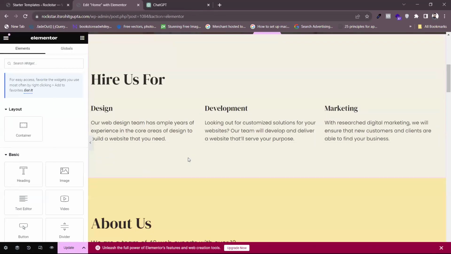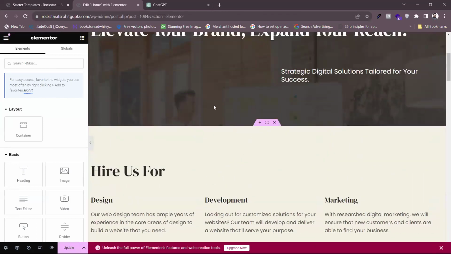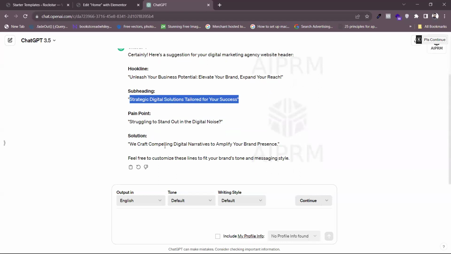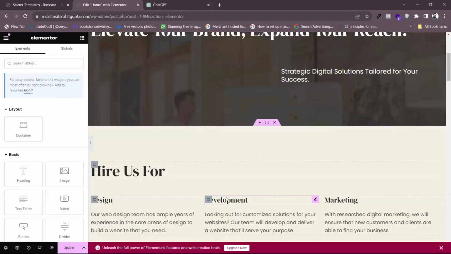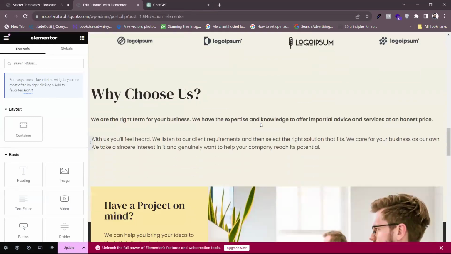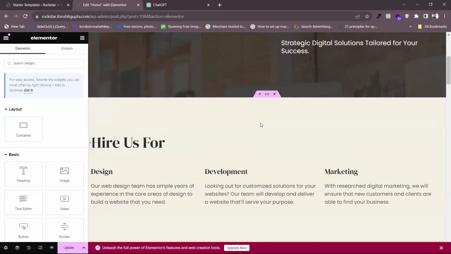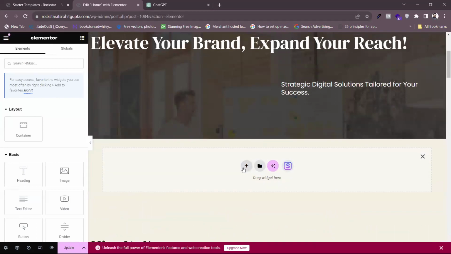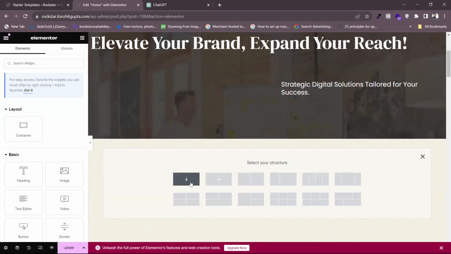Now what I want is to create a new section where I can easily communicate this pain point and the solution, trying to stand out in the digital noise. So let's have this new container. What we can do is add a new container. Okay, we have got just a template over here, and if I want to add a new container, I can add it. Click, and here